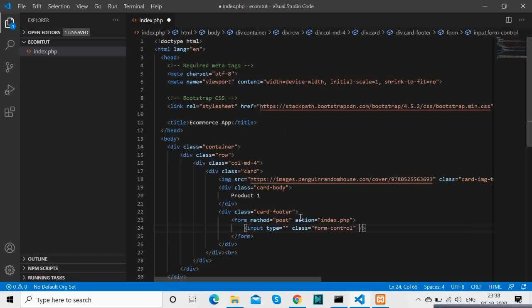Okay, so basically we want to send the product ID and the user ID. For now we will not be dealing with sessions. Okay, so what we will do is we will hard code the user ID with some email. Okay, temporarily, but in case we do that further, if we deal with session variables, in that case we will remove the hard coding.